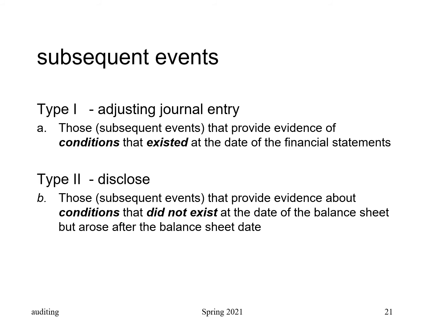Type 2, we disclose subsequent events that provide evidence about conditions that did not exist as of the date on the balance sheet, but arose after the date on the balance sheet. Spend some time with that. I can tell from many years' finals, students struggle with that. Why will I ask it again? I'm going to keep asking it till most everybody gets it right. I would have stopped asking it by now if people got it right.